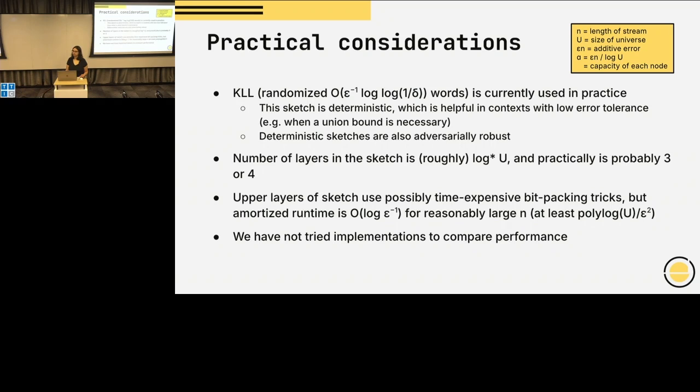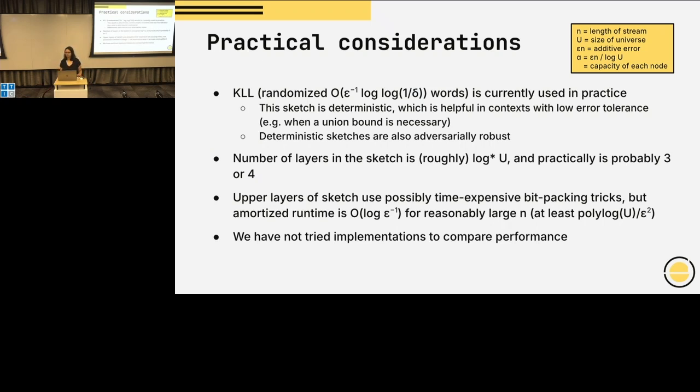It doesn't? No, I don't think either one will accrue errors. So yours is deterministic, so there is no chance of accruing error. But even in that case, that delta is really saying that it would be the error probability of answering all the quantiles correctly. I guess as long as delta is at least 1 over n, that should be true. Otherwise, yeah, it would be like the max error. The max error is actually, I guess, a little bit higher, right? But I guess what you're saying is, what is the max error? And yeah, I agree that you probably need delta to be less than 1 over poly n in order to get some reasonable guarantee for the histogram.